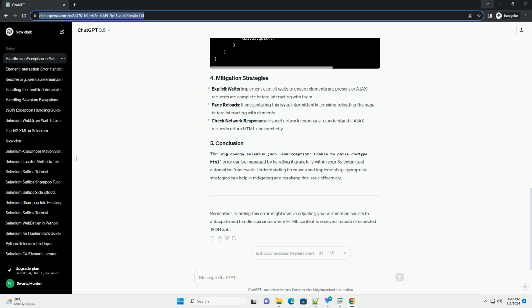This issue usually arises when the WebDriver attempts to interact with an HTML document that includes a doctype declaration, and the JSON parser used internally by Selenium encounters difficulties parsing the HTML content. This tutorial aims to explain the problem and provide a solution with code examples. Understanding the issue. Selenium WebDriver uses the JSON exception when it encounters problems parsing JSON content. However, when dealing with HTML documents, especially those containing doctype declarations, the default JSON parser may face challenges parsing the